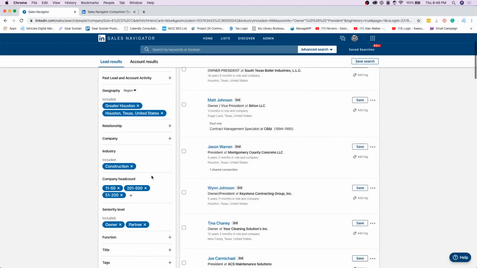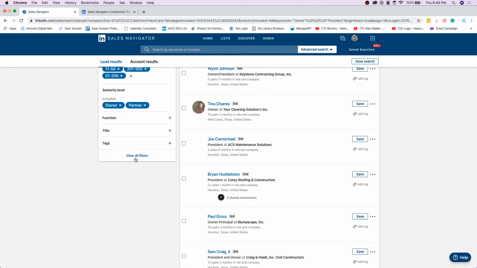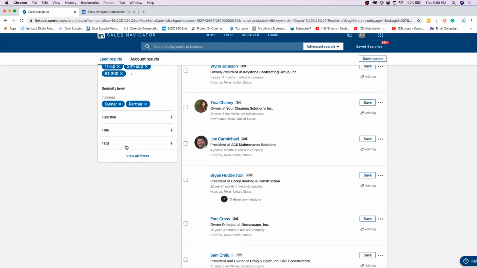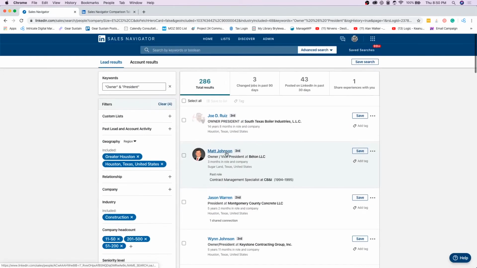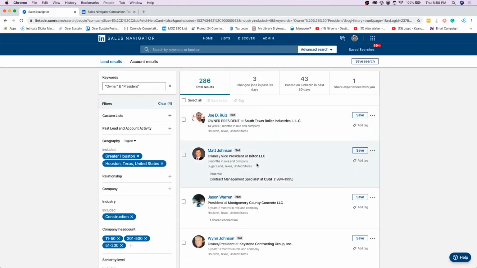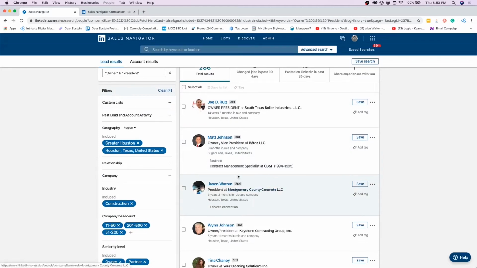You can see all your filters on the left. You can edit it all. You can go back to the screen by clicking on view all filters. As you can see here, there are lots of business owners and vice presidents for these construction companies. So I'm actually going to use this person here, Jason Warren. We're going to look at his Montgomery County Concrete LLC because this is an ideal customer. We already can see that they pretty much meet our criteria and we're ready to reach out to them by